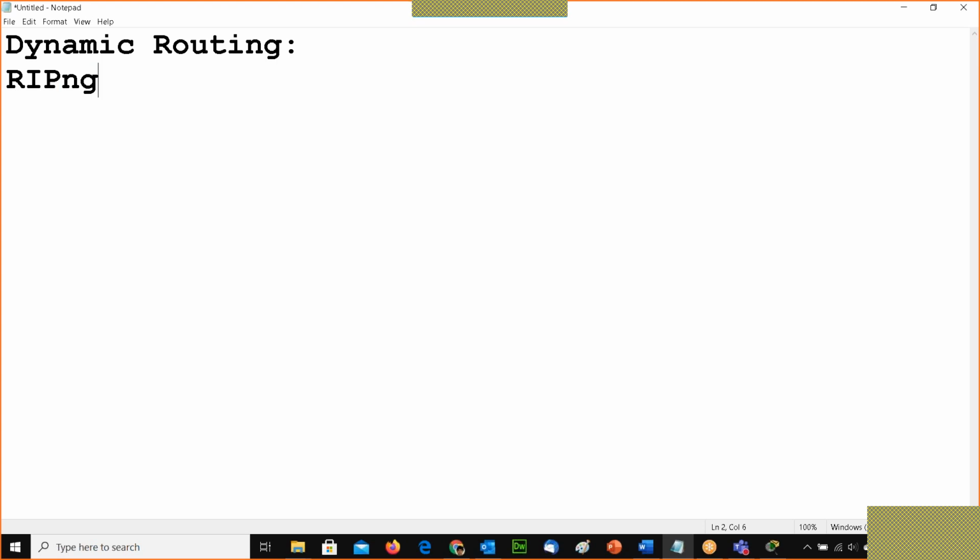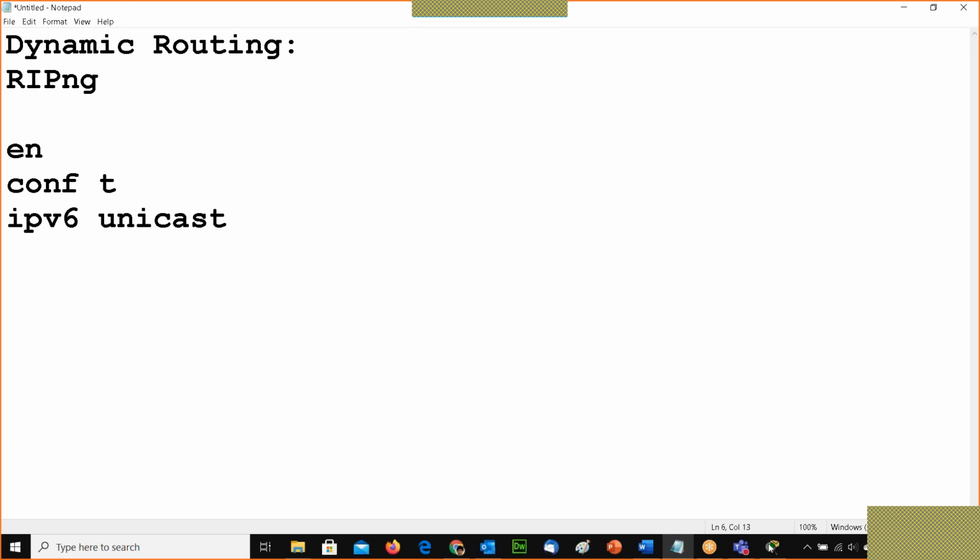To configure RIPng, I can create IPv6 addresses everywhere. So I can type enable, then config t, then first I have to write ipv6 unicast-routing.